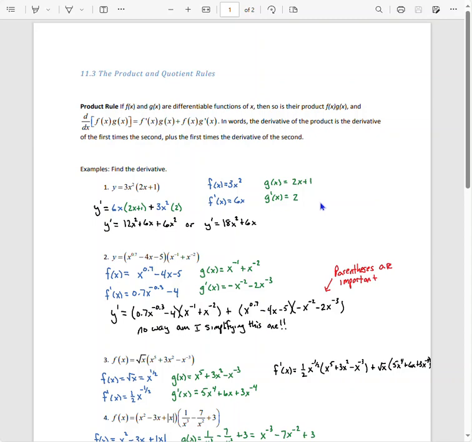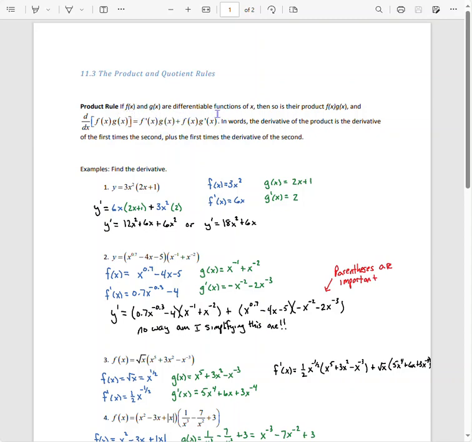Hello, and welcome to section 11.3, the product and quotient rules. Two rules. Once you know the rule, just apply it over and over and over again, and don't forget, parentheses are your friends. So the product rule says, if f of x and g of x are differentiable functions of